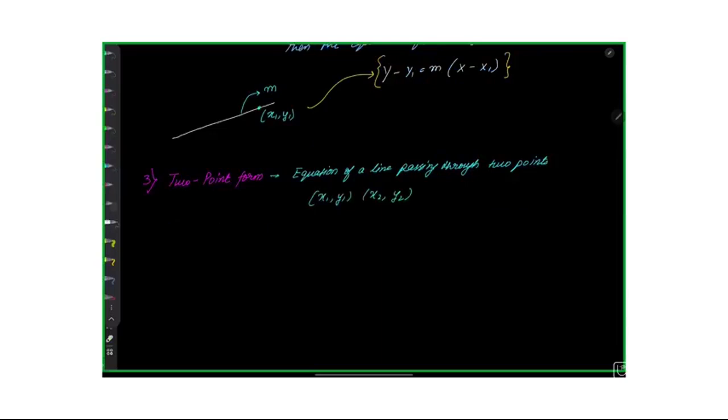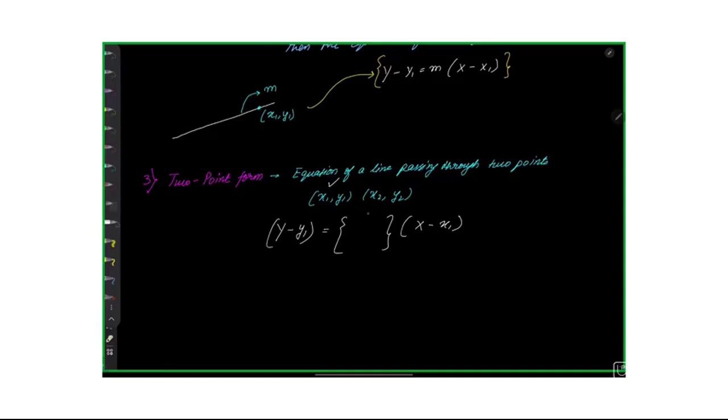Now, the equation can be written as y minus, take any of the 2 points. Let's select this point, right? y minus y1 equals m. Now we don't know the m in this case, right? So we'll keep a space for it, and x minus x1. Now, if you're given 2 points, then you can easily find the slope of the line,